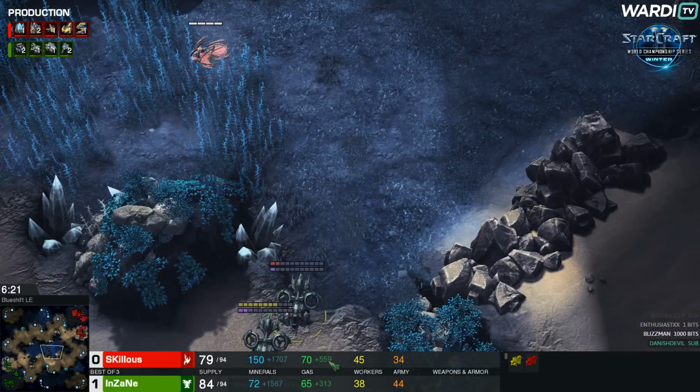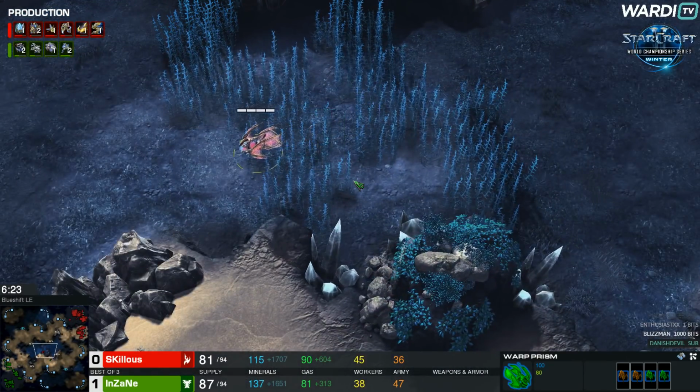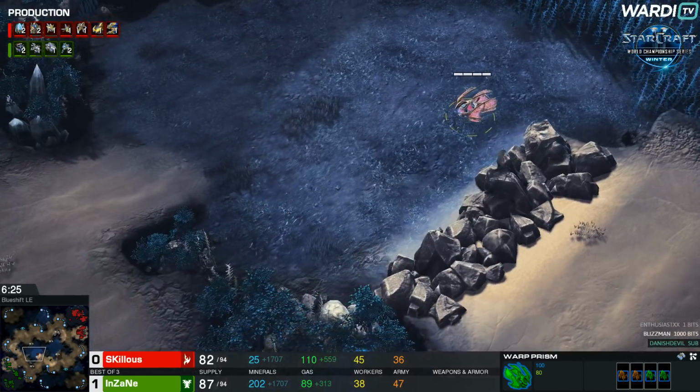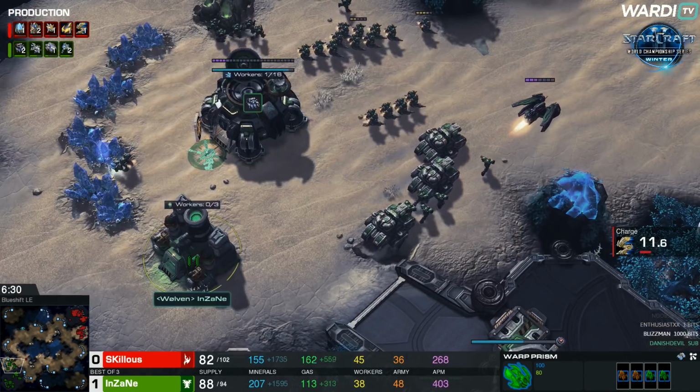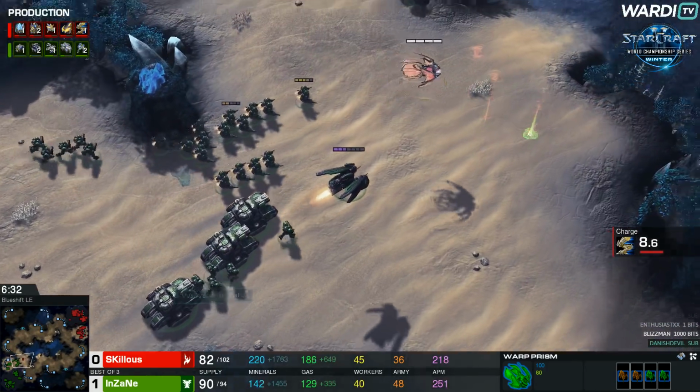Well, the Warp Prism actually will come in and chase those Banshees down, but doesn't know where they are. Maybe for a moment it looked like he was chasing them, but he doesn't know where they are, as we are going to be seeing the Prism continuing down in the bottom left. And, well, here we go. The SCV is already coming across the map, so...